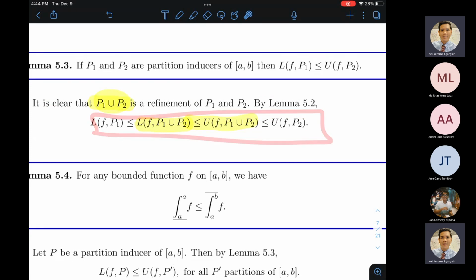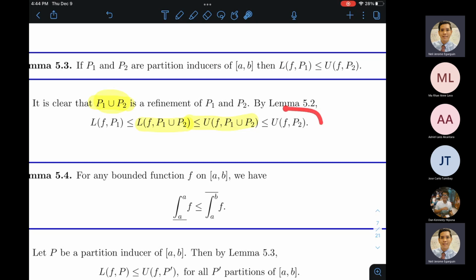Yan yung makikita nyo sa textbooks, makikita nyo sa websites, but it's a nice thing to rewrite it on your own way. Tingnan nyo kung bakit nga ba ito nangyari? Right? It looks obvious. It's a one-liner proof. Pero yun nga, pag pinuntahan niyo yung nitty-gritty niya, makikita niyo na marami tong dinaanan.